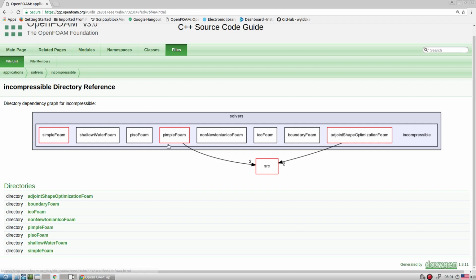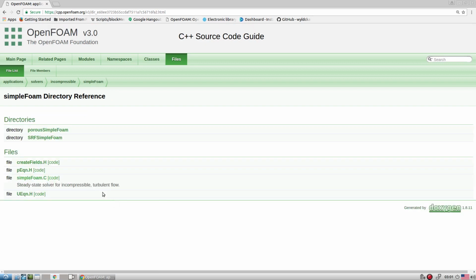Everything is linked, that means in pimpleFoam, as well as in, let's say, shape optimization, we are linking everything to the src folder. In simpleFoam, different code is available in that same folder, like createFields.H, an include file, pEqn.H, an include file, UEqn.H, an include file. So you can quickly walk through each and every entry of the entire source code. Later on we will look at this, but first let me quickly give you the idea